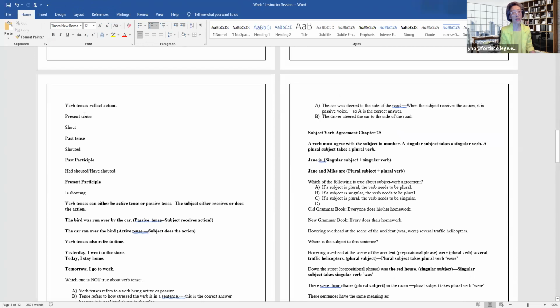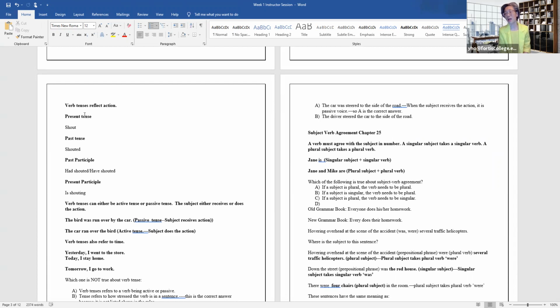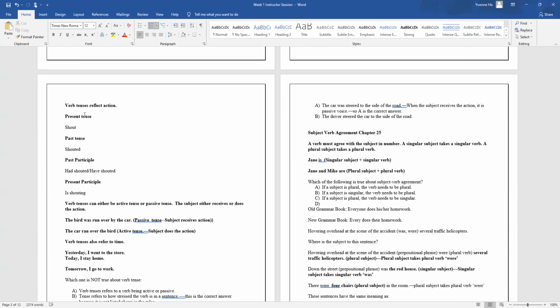So let's not look at any of this. What is a common noun, Kayla? You have to unmute yourself. What is a common noun? Like a book would be a common noun. Excellent. What is a proper noun? Andy? A name. A name, okay.